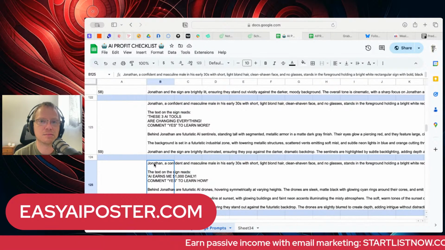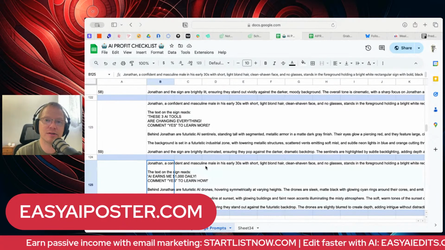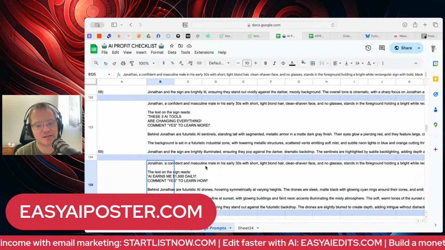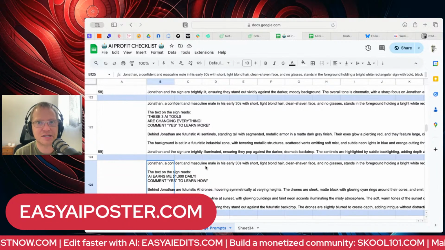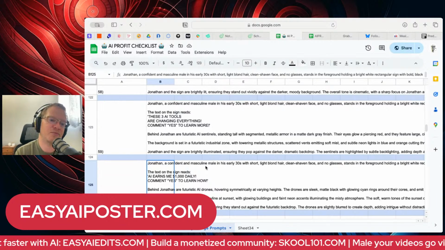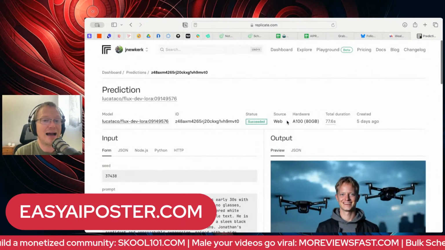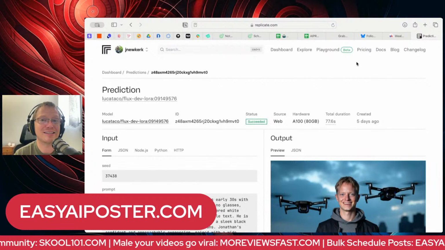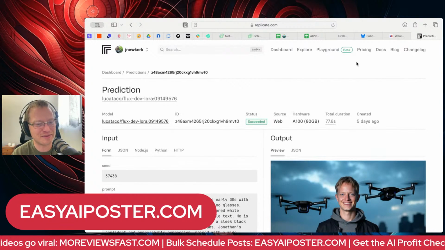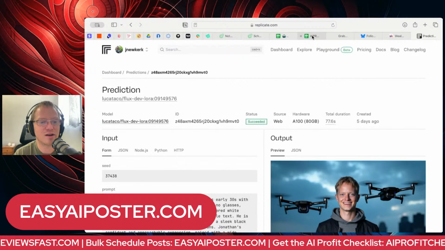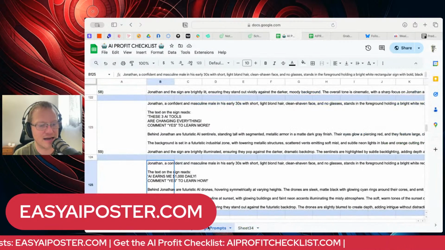a 30-something-year-old blonde male, and you're like, cool. You could update it or drop it in ChatGPT and say, hey, update this so it references my characteristics. Or maybe say, hey, I'm not male, I'm female, and here are my characteristics. Rewrite this for that. Then you go to Replicate and create the images. Once you find one that's good, I found you can just hit remix, and it kept generating new prompts for me, which is really cool. If you want them, I include them for free in my checklist right there underneath that tab.